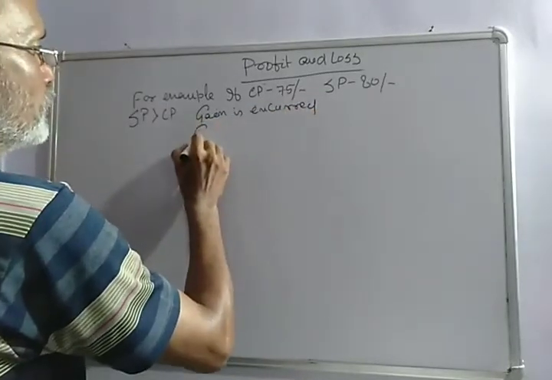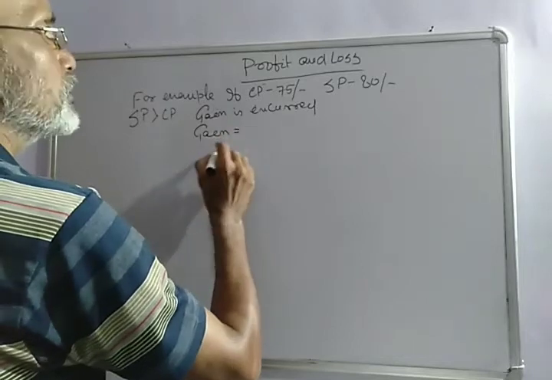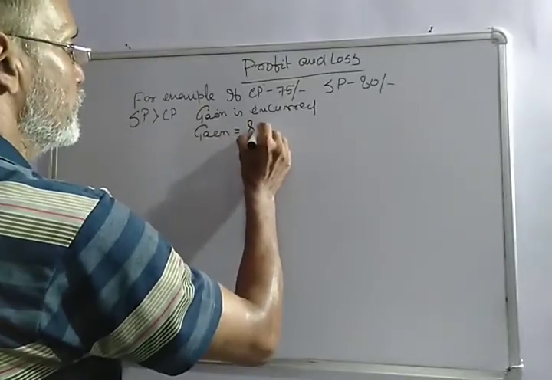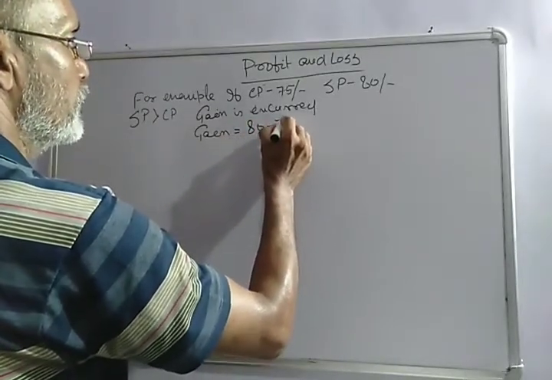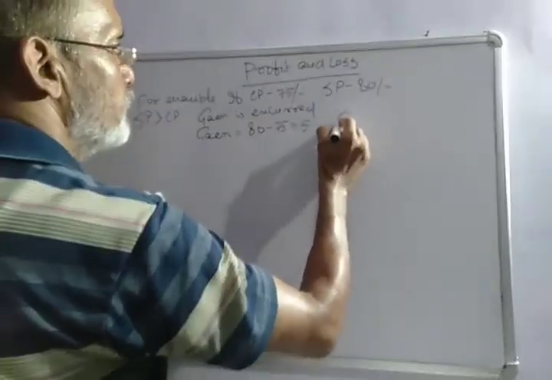Gain is equal to 80 minus 75 is equal to 5. So therefore gain percentage